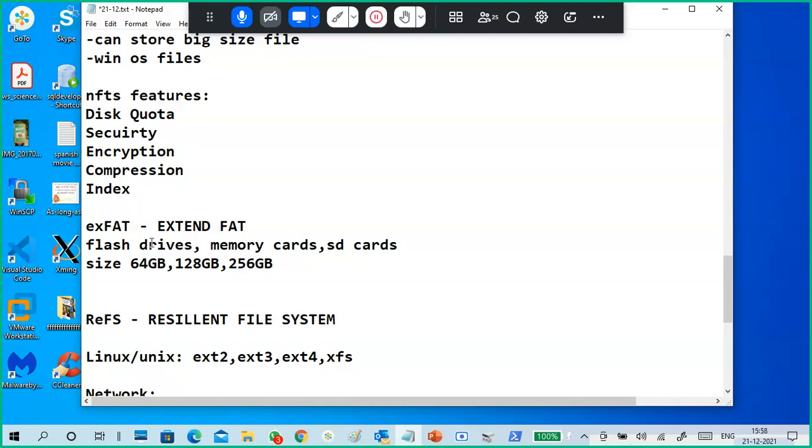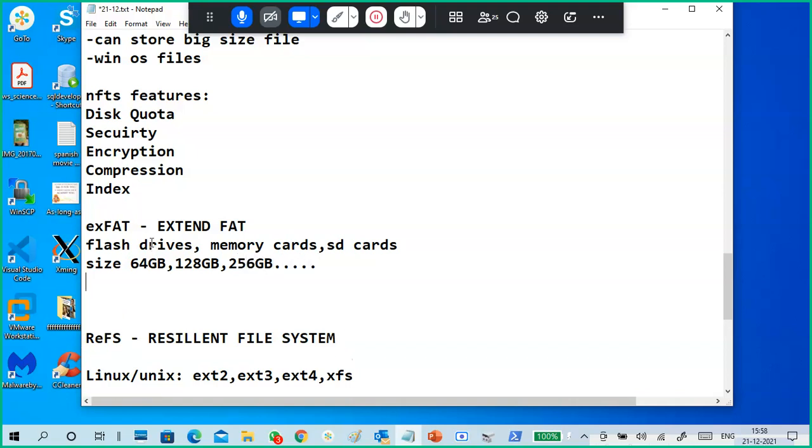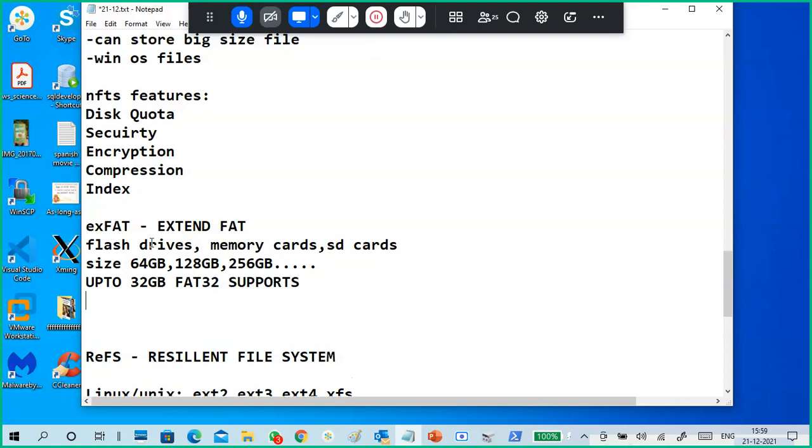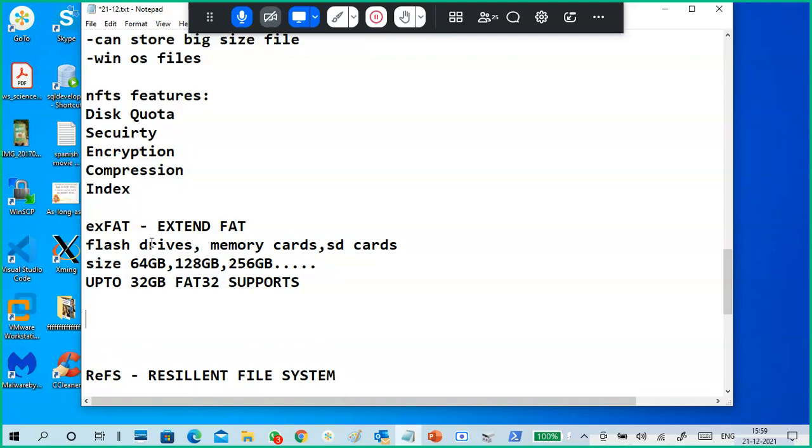The sizes of flash drives and memory cards are high. Earlier it was 8 GB, 16 GB, 32 GB. Up to 32 GB, FAT32 supports. But if it increases, then we can't support it, and we can't store very big files. That is what we discussed, right?